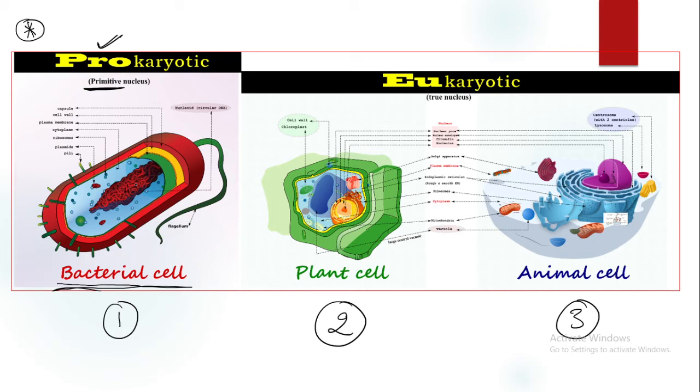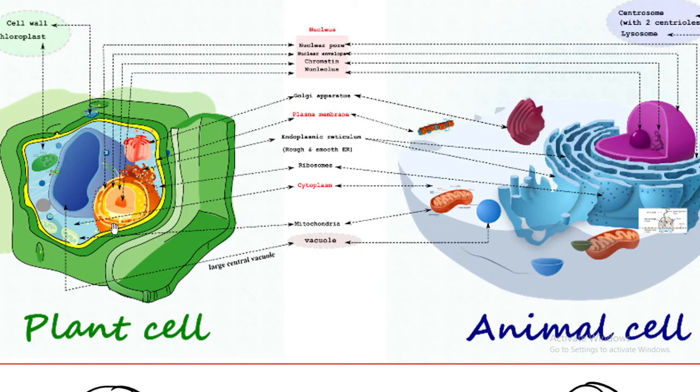What is nucleus? All these things we will be seeing in our next class. Today what you are seeing here is prokaryote, eukaryote. Eukaryote means true nucleus. So inside the cell there will be this kind of structure inside which DNA will be there. DNA is there inside this nucleus.